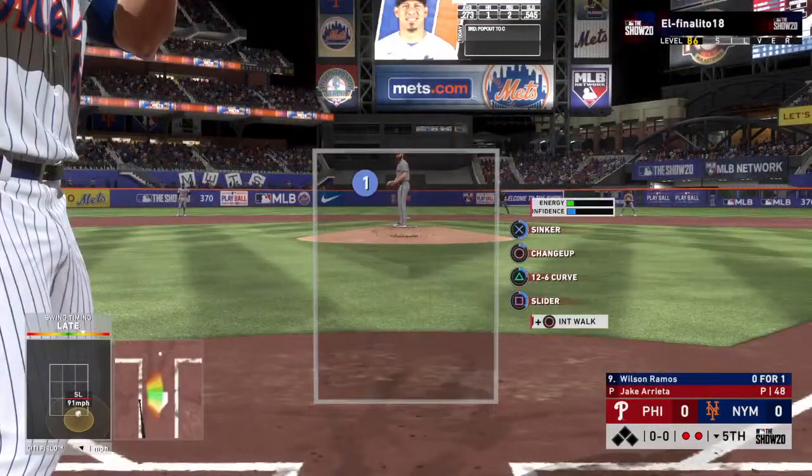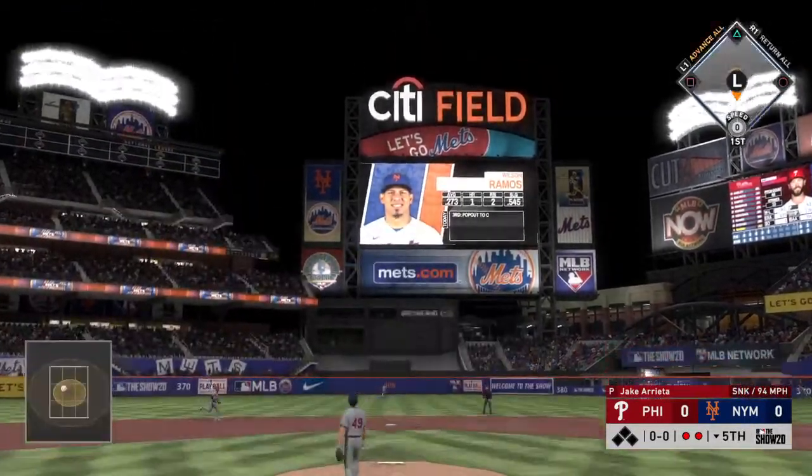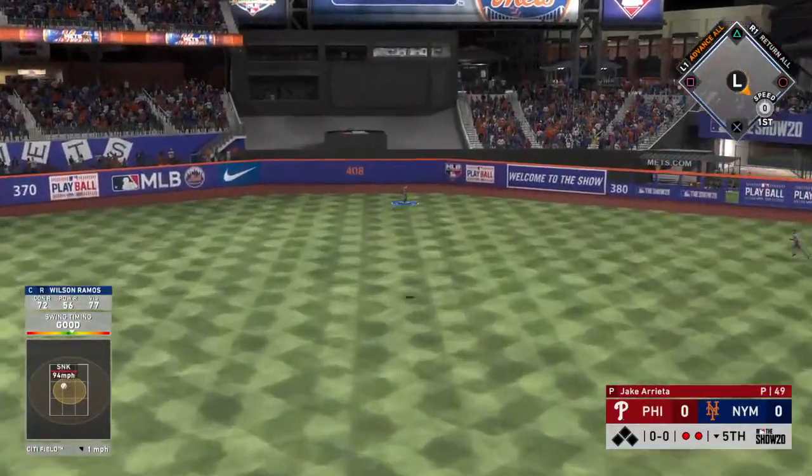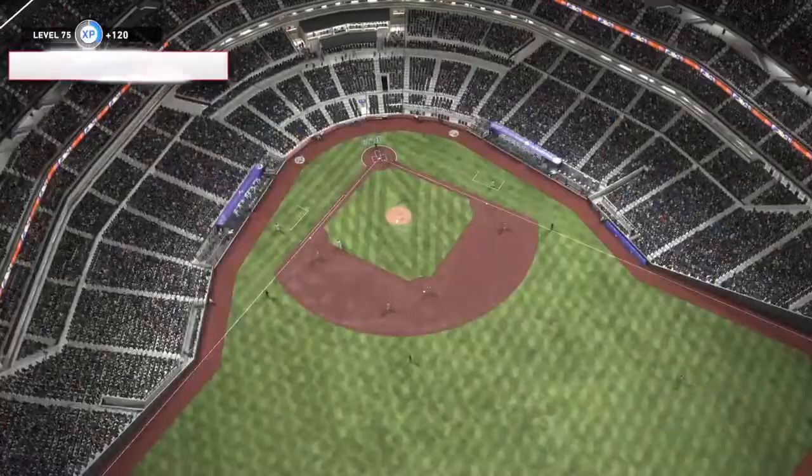Here's the catcher, Wilson Ramos. He popped out in his first trip. Yeah. So many times you beat a sinker into the ground, you end up grounding out to third. You're running down to first base, and you're so. And the center fielder is under it to make the